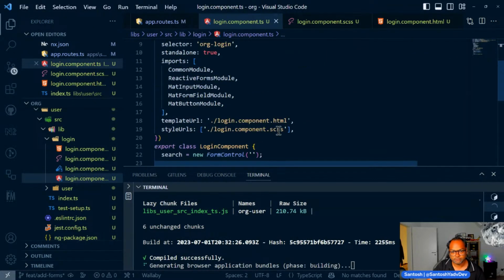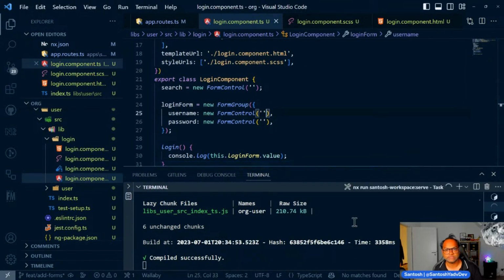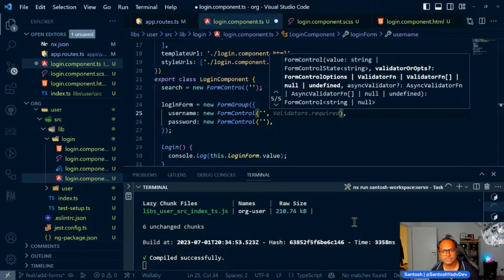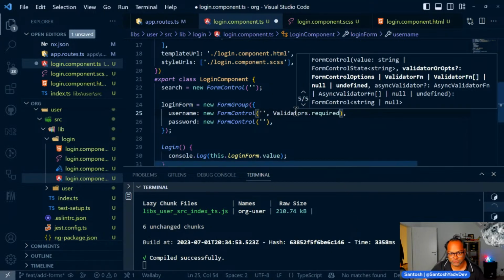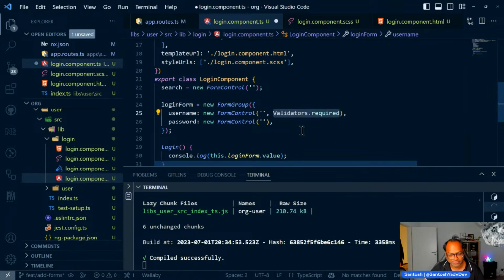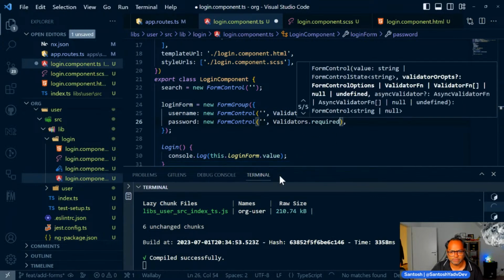Let's say, okay, this Validators, and how you can add validation. So let's put a comma here. You can see this API is giving me some options. The first is value, which I entered blank. And it says there is something called form control status of string, which we'll talk about later. And the second property, it says there is some validator or options. So you can pass form control options, validator function array, and then you have async validator, which we'll explore later on. So it means I can just go ahead and say Validators.required here. So I can add my validation. So this is the required validation. So let's start with one, and we will explore more